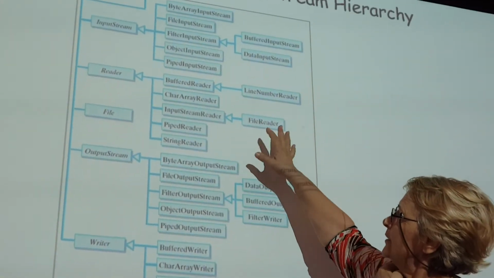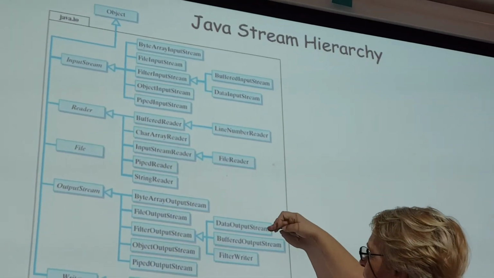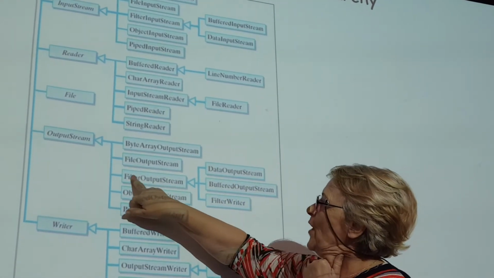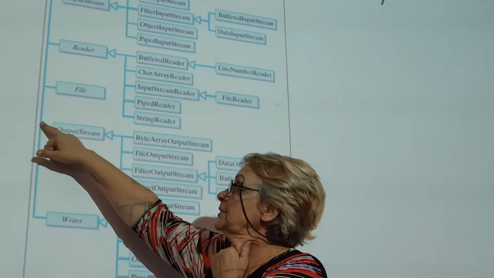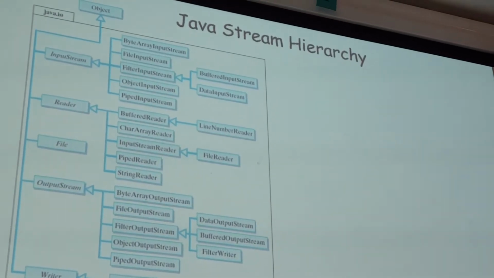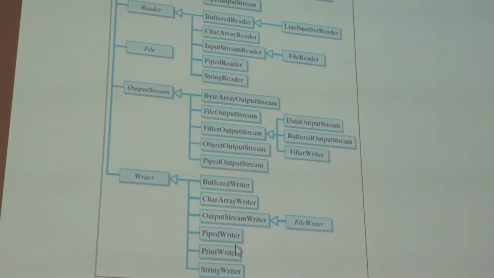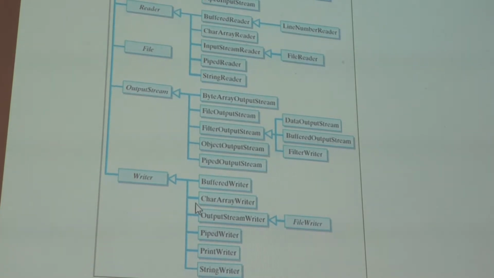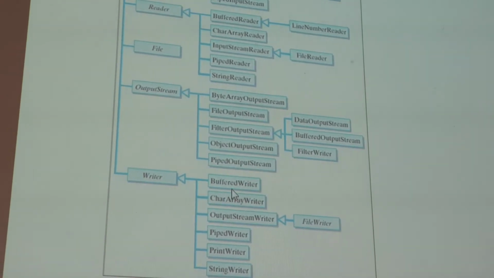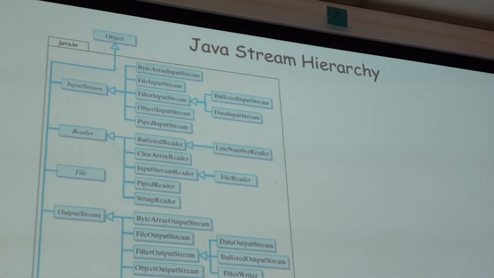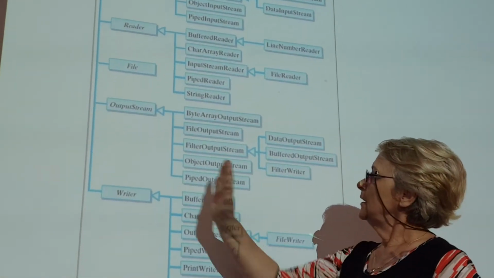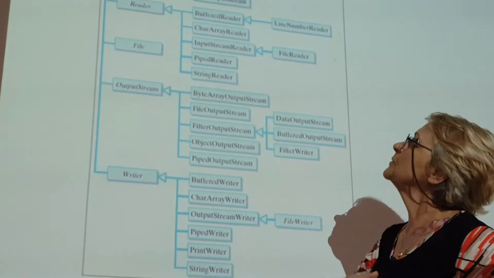So notice how the documentation is presented. Data output stream is derived from file output stream, which is derived from output stream, which is derived from object. And probably you notice that each class has only one parent. It is possible, as we will see, for abstract type classes to have more than one. But for this hierarchy, as you can see, there are at least 3 levels of inheritance, and with the object,